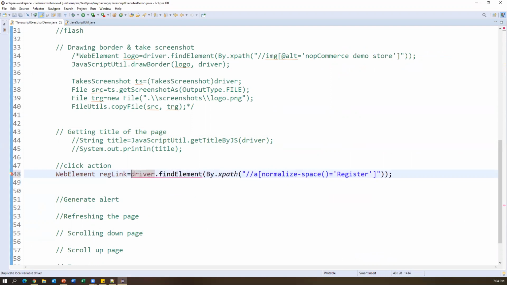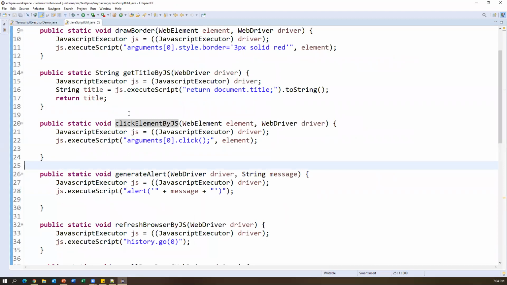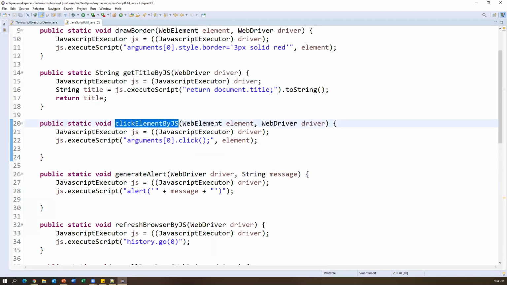registerLink. Now we want to perform the click action here. To perform the click action in WebDriver, directly we have a method called click, which will perform the click action. But I want to do this through JavaScript executor. So for that, what do I have to call? We have to call one method from JavaScriptUtil. What is that? clickElementByJS, which needs two parameters: one is element, the other one is driver.